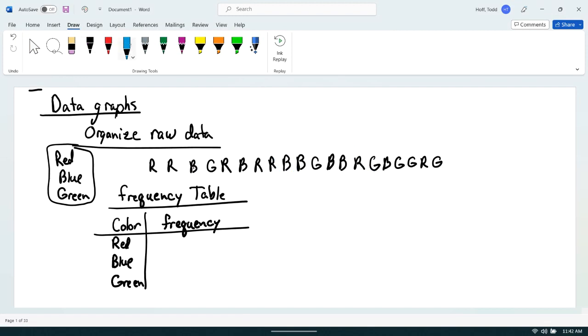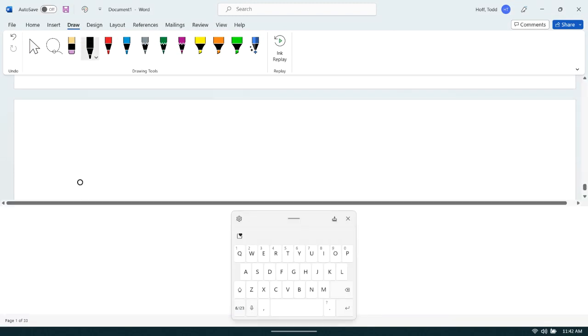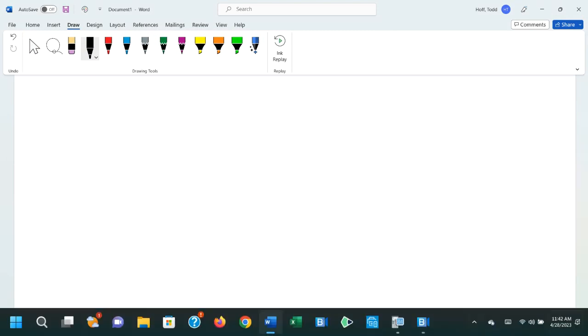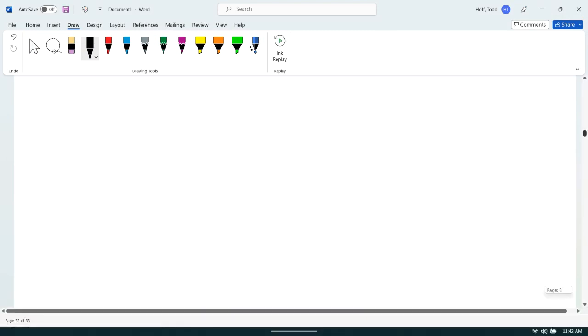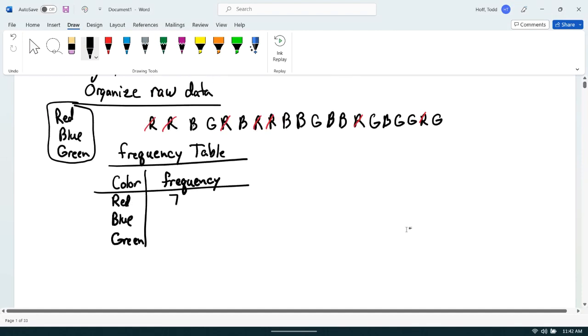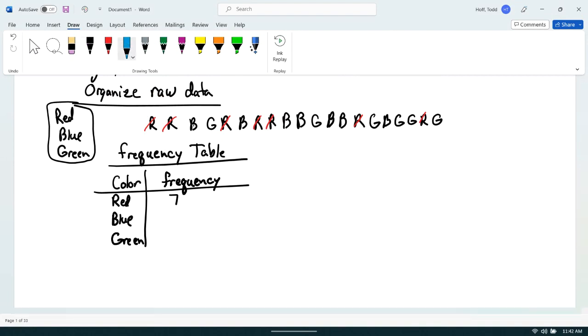So for red, I am going to use a color to cross those off. I've got 1, 2, 3, 4, 5, 6, 7 red. Out of 20, having 7 red, that's about right. For blue, 1, 2, 3, 4, 5, 6, 7 blue. So 7 blue, and then for green,